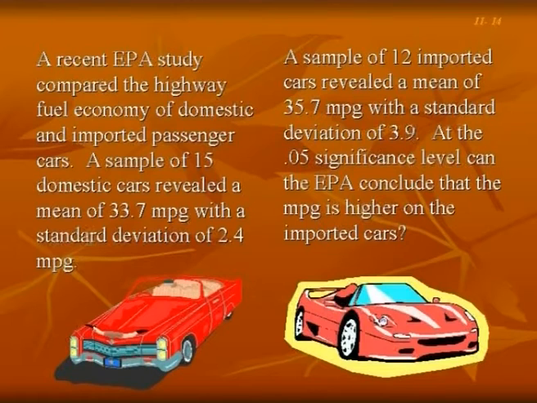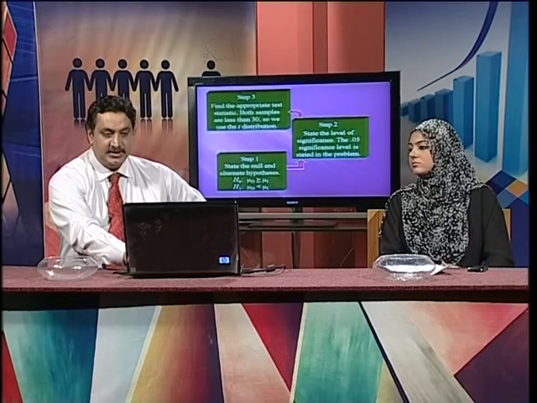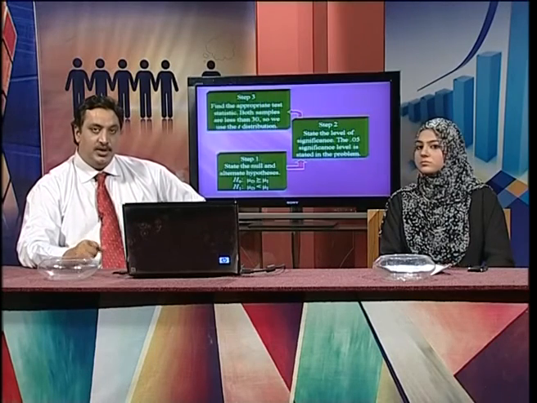At the 5% level of significance, can the NHA conclude that the kilometer per liter is higher on the imported car? This is the best example of the t-test. We have a smaller sample and two independent populations, one is imported cars and the other is domestic cars. We can compare and conclude some results, and we are assuming that the populations are normally distributed and have equal variances.